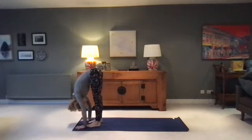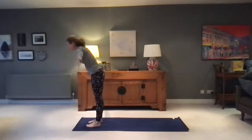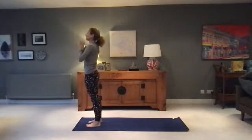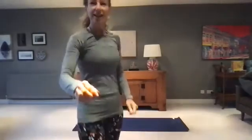Exhale, fold. Inhale. Rising up to Urdhva Hastasana. Exhale. Hands to heart center. So we're going to try a pose. We're going to do it from standing, called Gomukhasana, or it's cow face